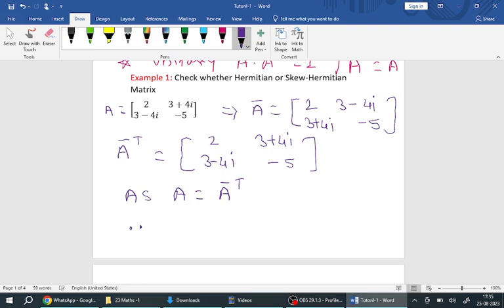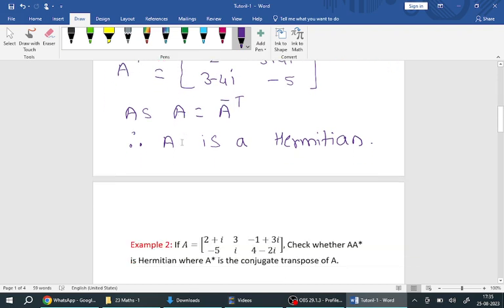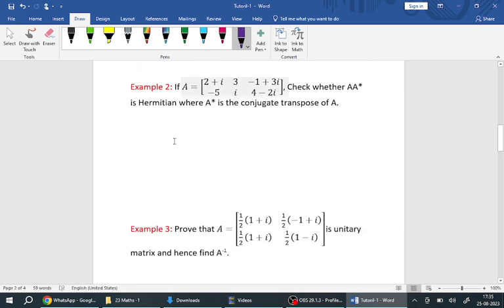So we can say therefore A is a Hermitian matrix. A is Hermitian, and that is the end of example 1. So simple. Our aim is to check whether it is Hermitian or skew Hermitian, so the requirement is that we need this A bar transpose matrix. That's all. Now, if we move to example 2 here,